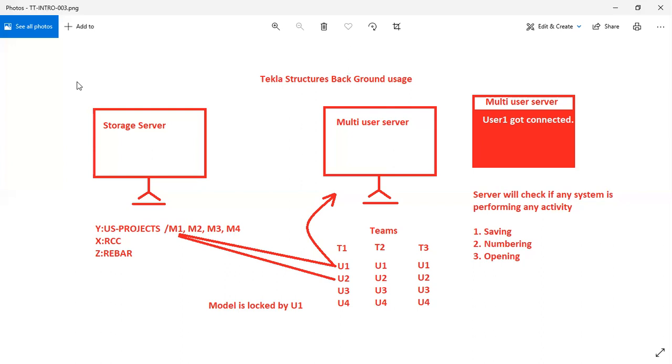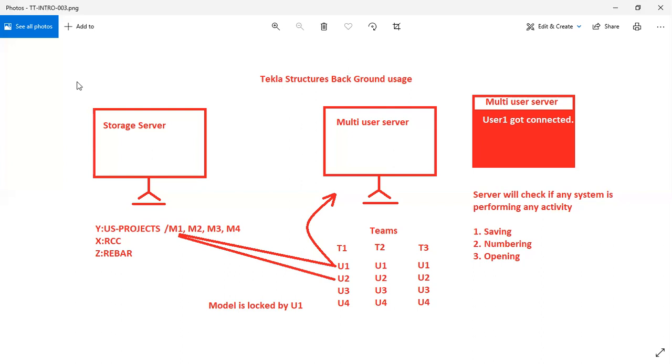Now, generally, this background usage is not explained in Tekla Structures training in depth. But here we are explaining this usage because you need to understand how Tekla Structures functions in the background whenever you go into a company.